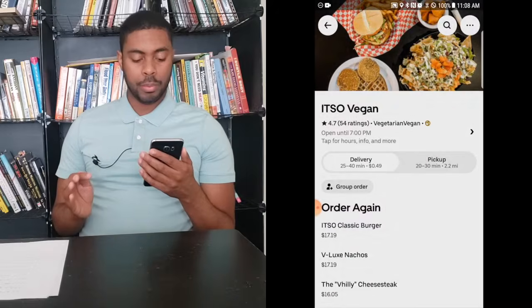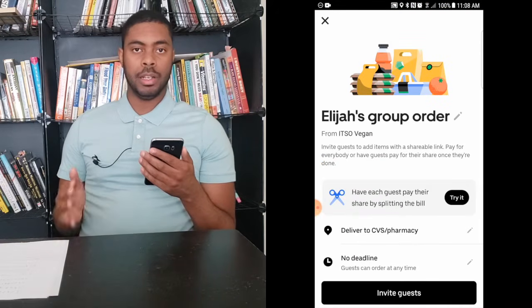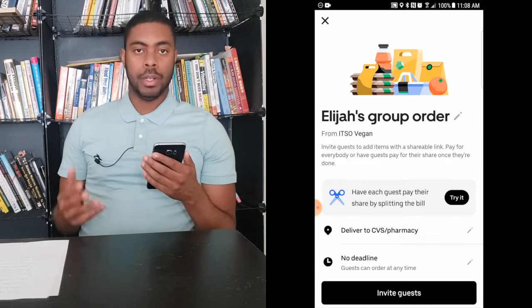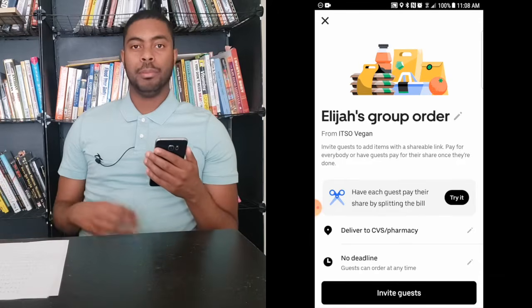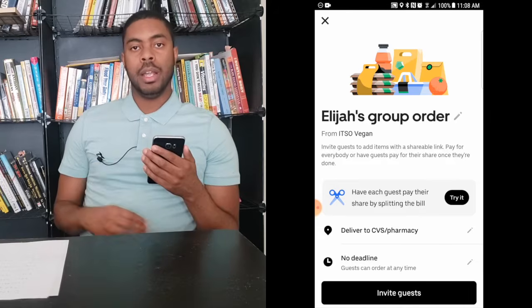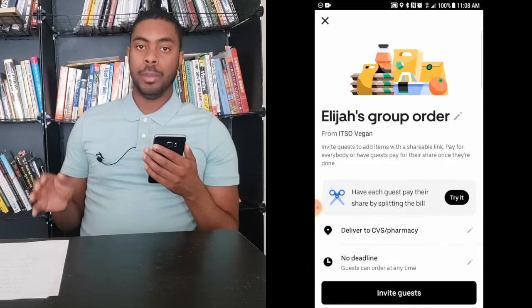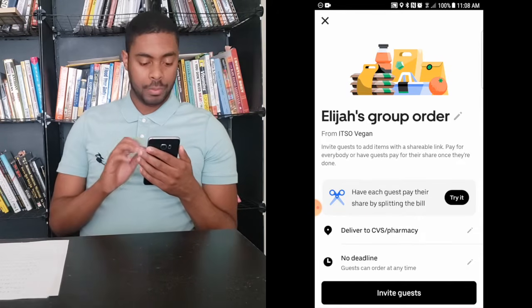If we click on group order, you have the option to invite multiple people to join in on the meal and contribute via a payment method. So for instance, if you're ordering a big meal for, let's say, 5 people, but you're not offering to front all of the bill, you can start a group order, and from there, everyone can submit their payment information and the payment can be split among all 5 of y'all, which is pretty cool. I'm gonna back out of that,